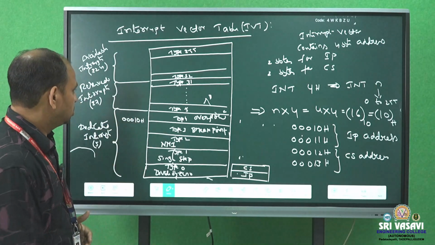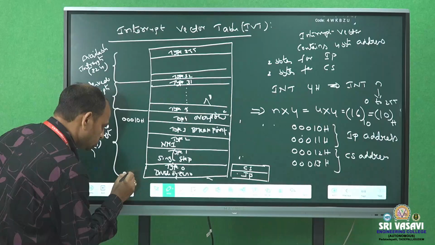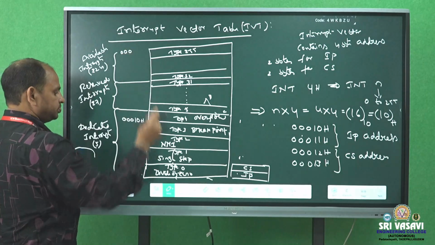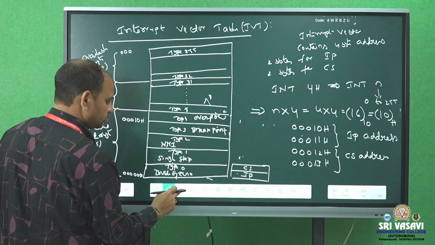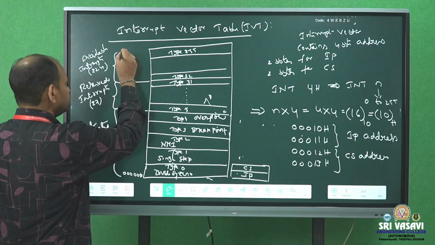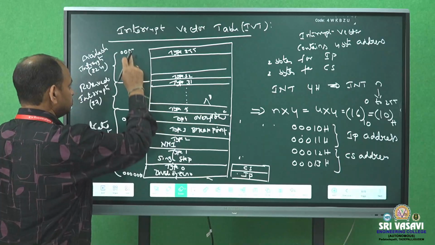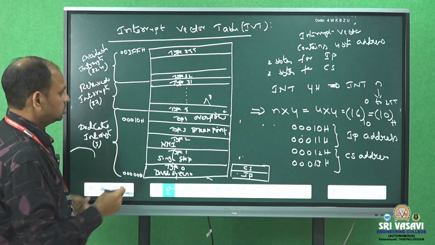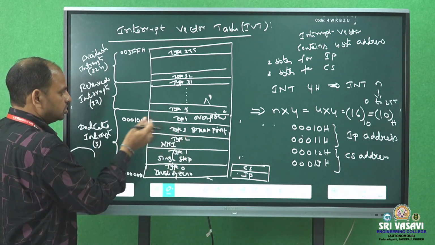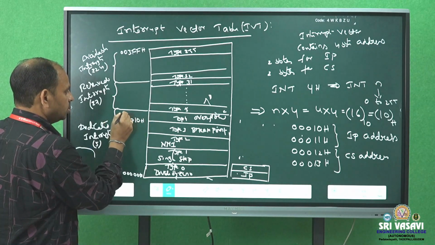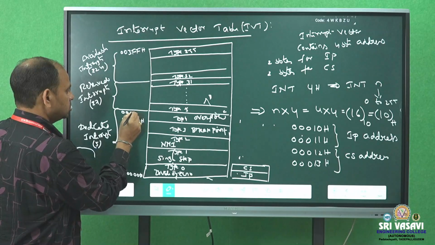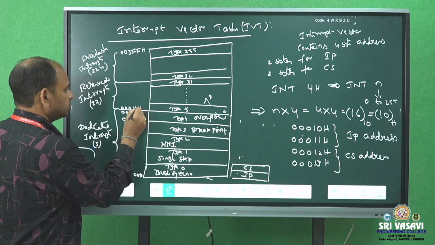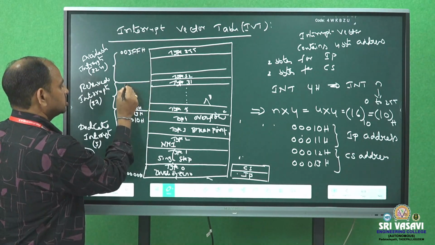And if you look at the addresses, the starting address is 00000H, and the ending address is 003FFH. Type 0 to type 4, a total of 5 interrupts, have the ending address 00013H, and type 5 starts from 00014H. And type 31 ends with the address